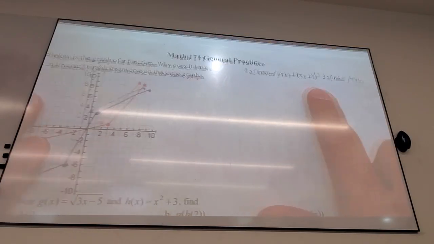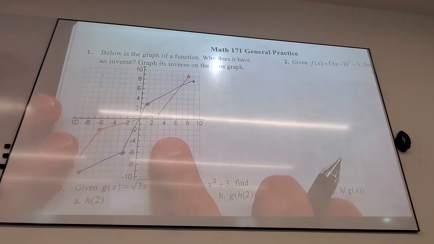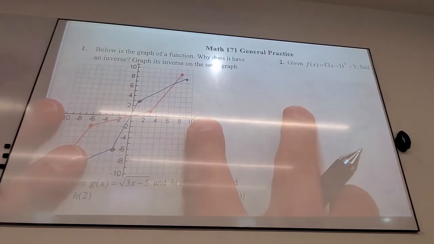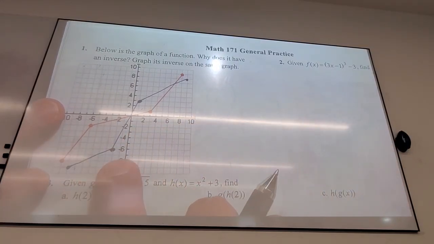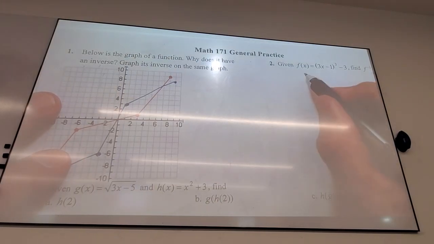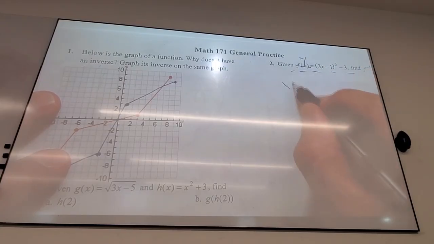So real quick, this is what's really kind of funny to me about inverses. How did I get those points I just plotted? How did you get your points you plotted? You took the original points and you switched the x and y, right? Exactly what I do here. This is why, if I switch the x and y,